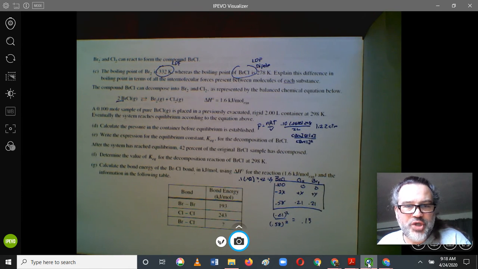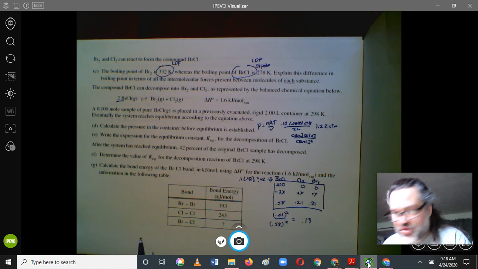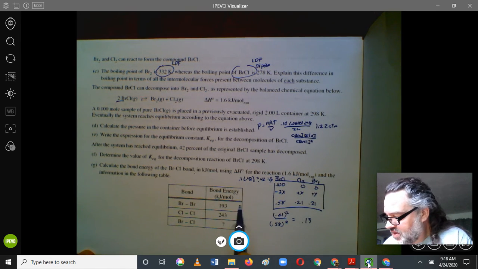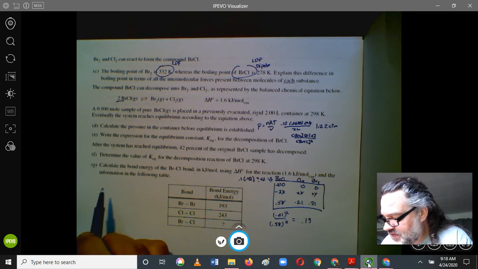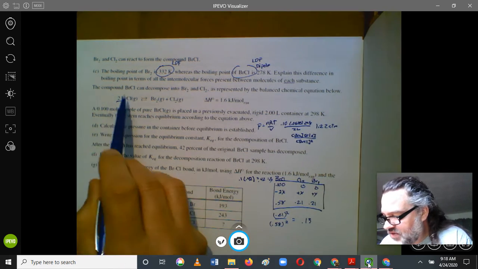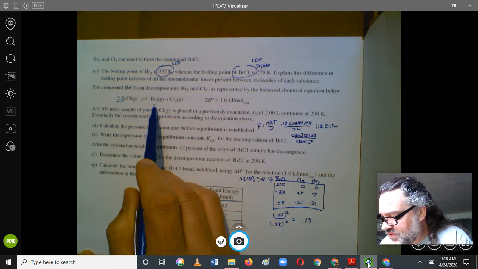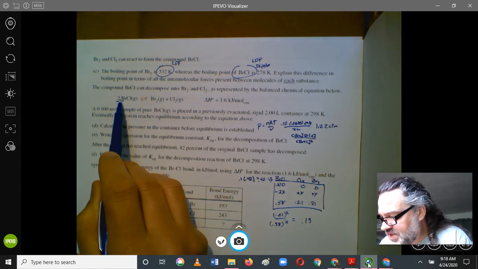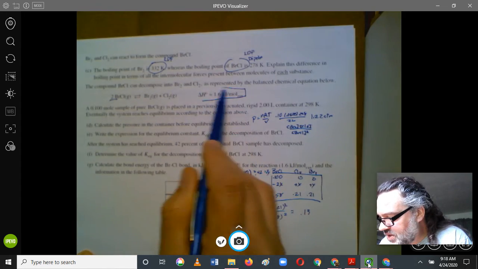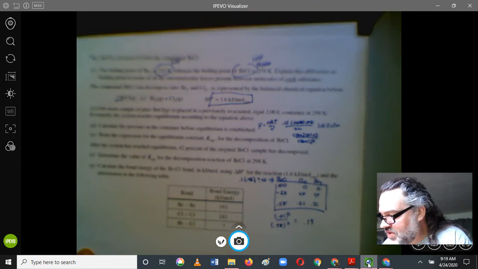That leads us to G. How can we do that? I'll do G over here just so that we can see it. The idea in this one is that the total amount of energy here equals these bond energies minus this bond energy equals this number. Sorry, that moved. And so